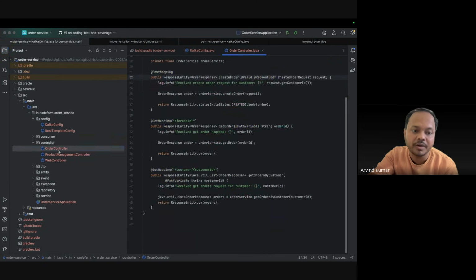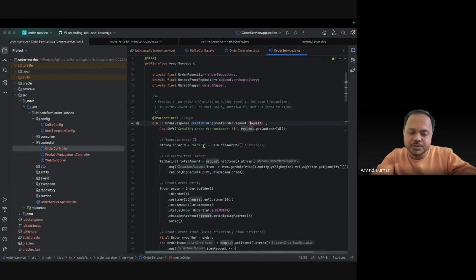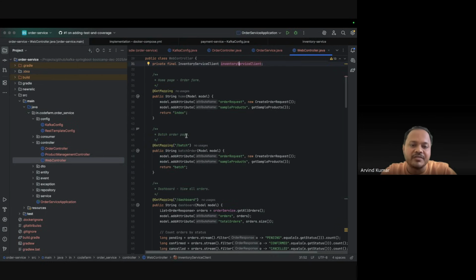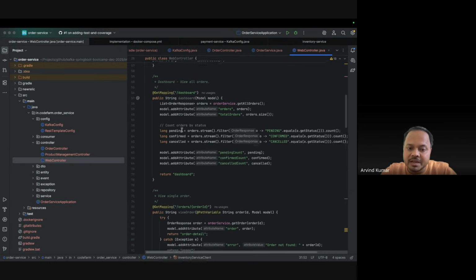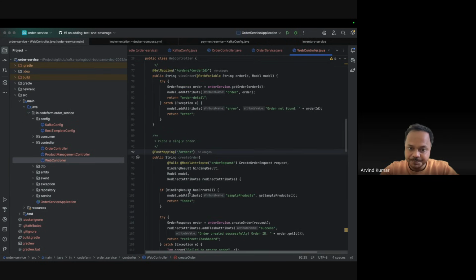Controller, order controller, one is the REST endpoint in here. The create order that's available, it is going to take the request and create the record in here. So the REST endpoint is also available, but the web controller is the one that we will be using. That is going to be there via Thymeleaf. So if you see the get mapping, and this is the post mapping, this is the order that it is going to do. Create order, it is going to take the create order request, and rest of the things